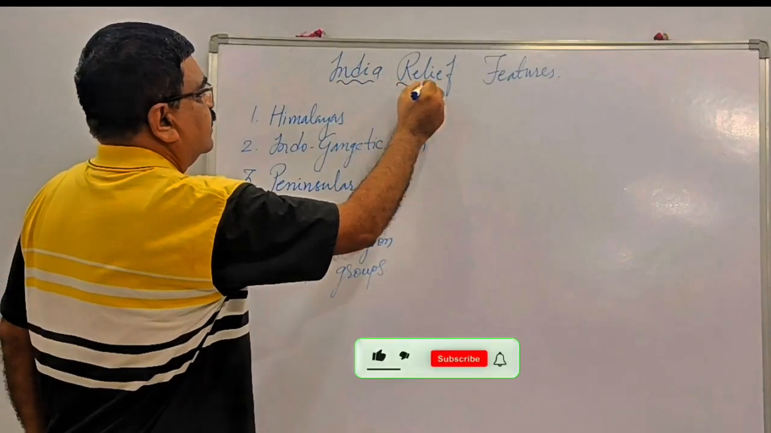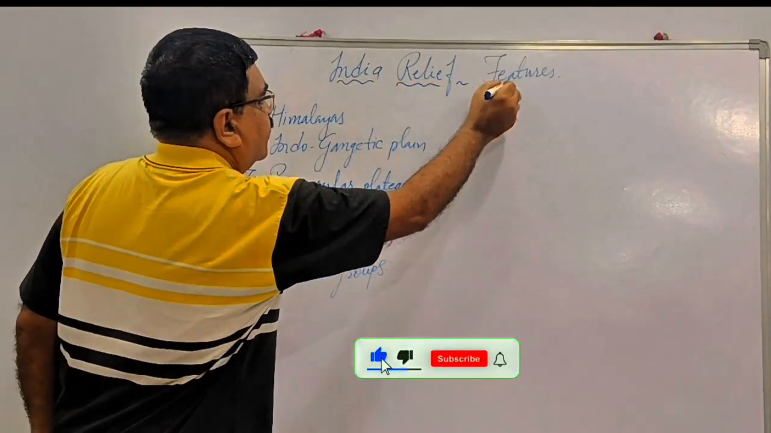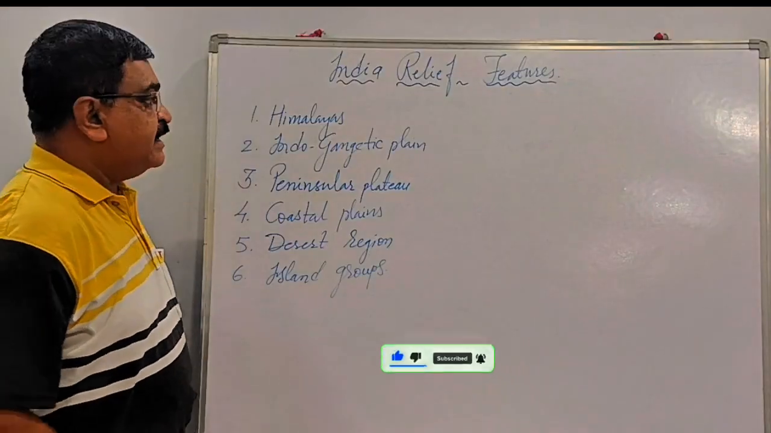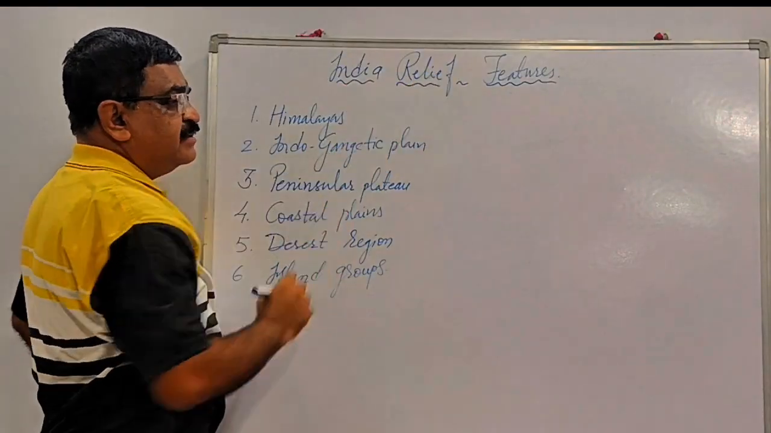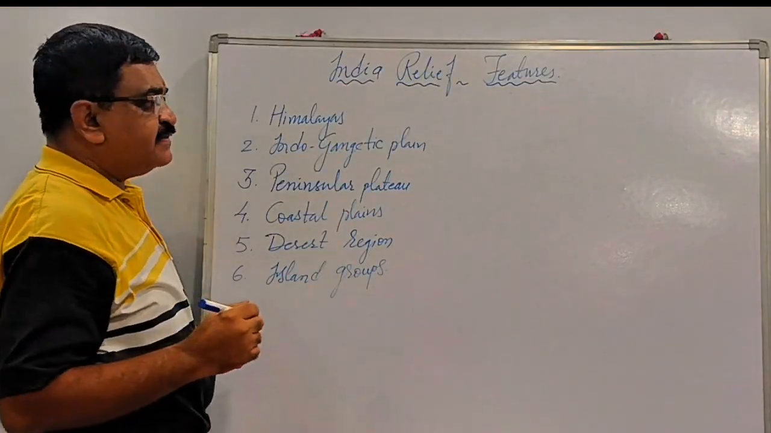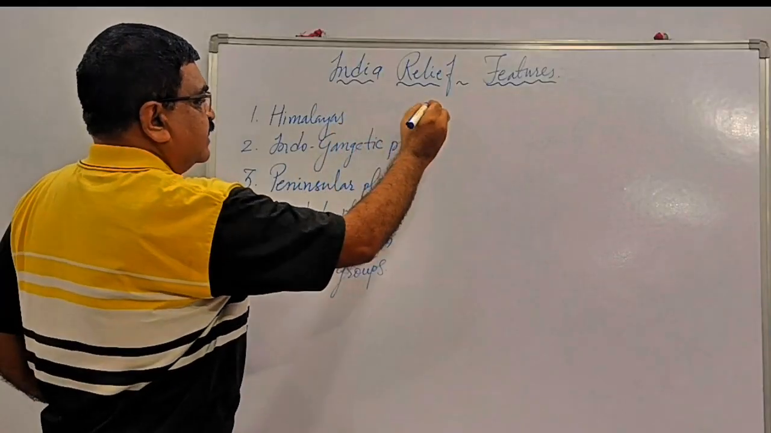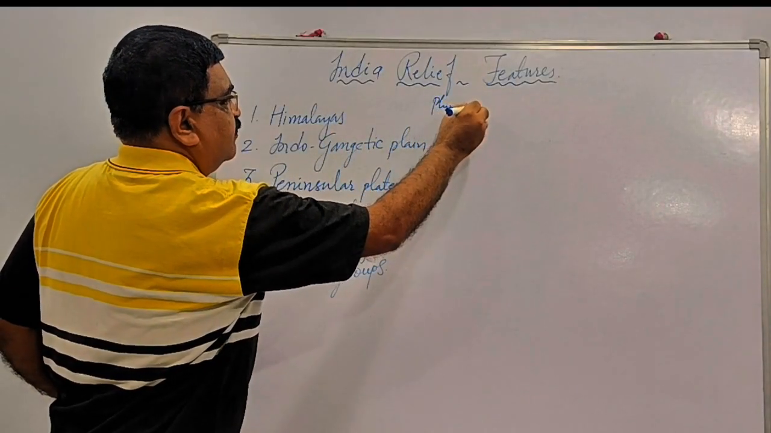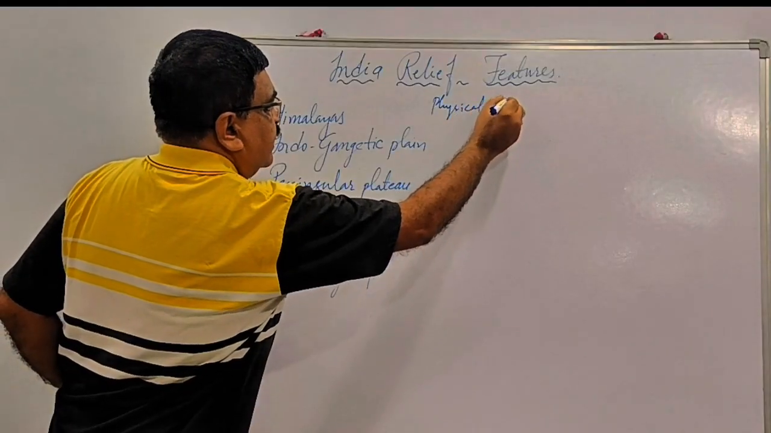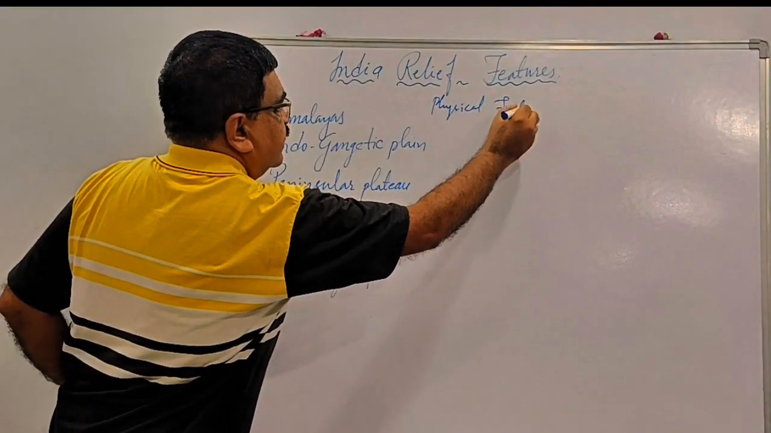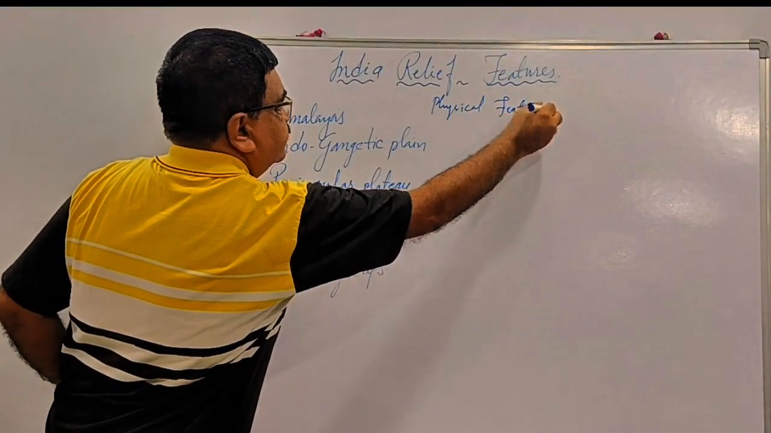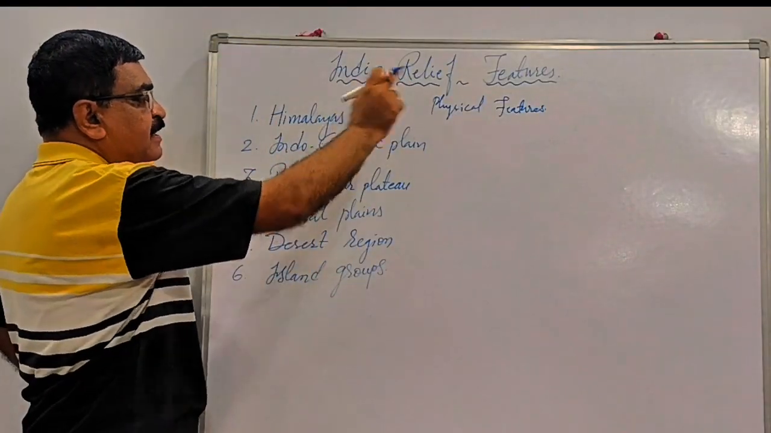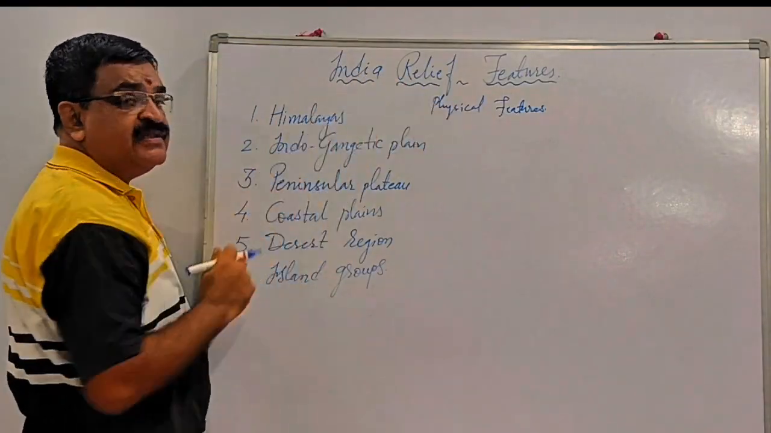Glance over the first chapter or the first unit of 10th standard social studies, and that is India relief features. What do you mean by relief features? Relief features are nothing but the physical features. Physical features will affect the climate and the weather of an area. Today we are going to discuss the different types of relief features or physical features of